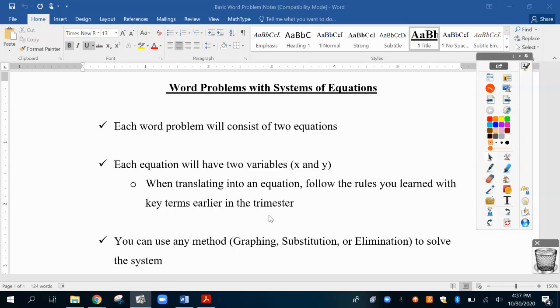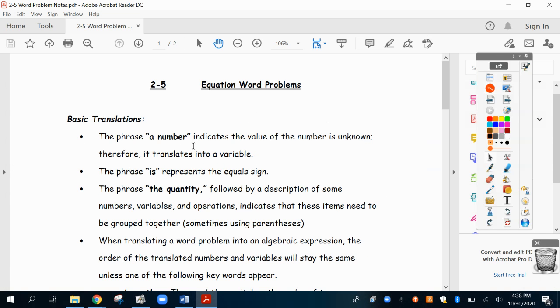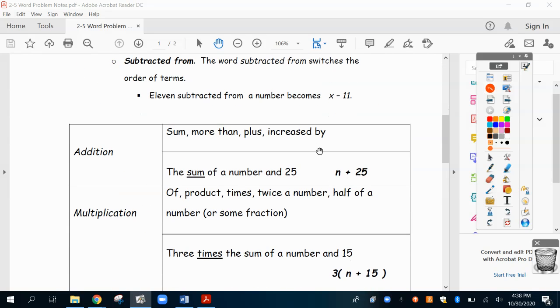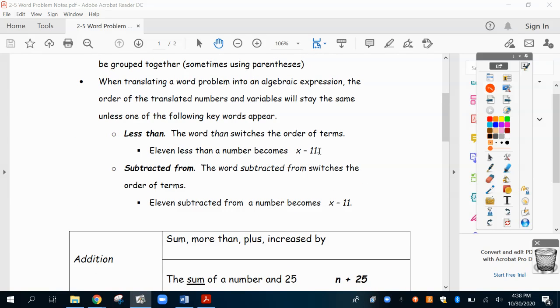So I linked these on the Canvas homepage. If you open up the link on the Canvas homepage, this is the document that we used, however many weeks ago it's been now, that you can go through and remember all those key terms. Now, my hope is obviously that we can use this list less and less. But I still want to point this one out because we still haven't been successful across the board